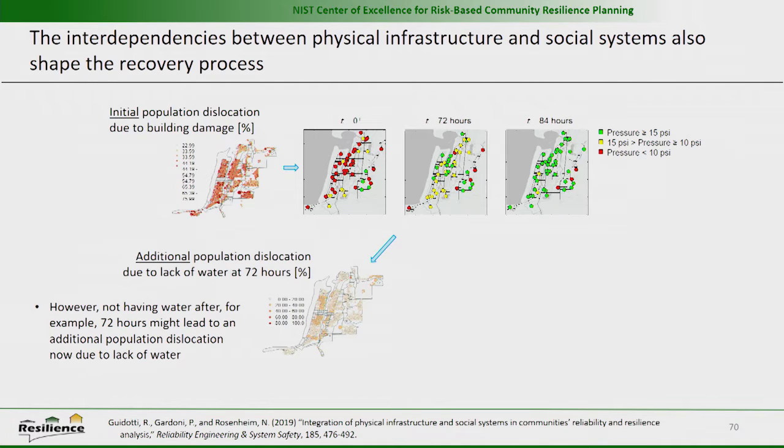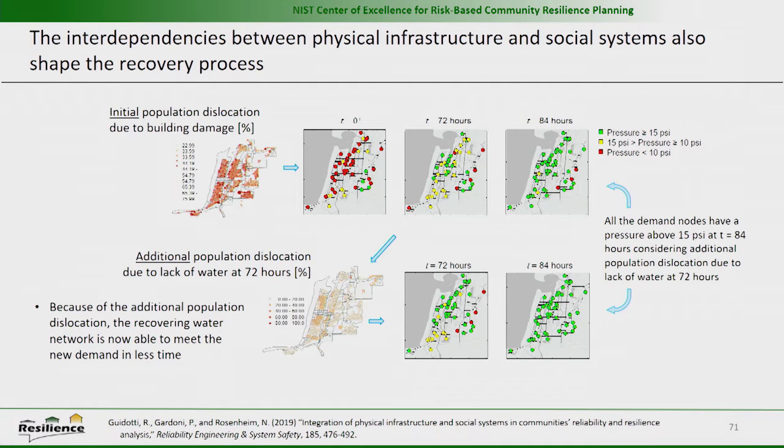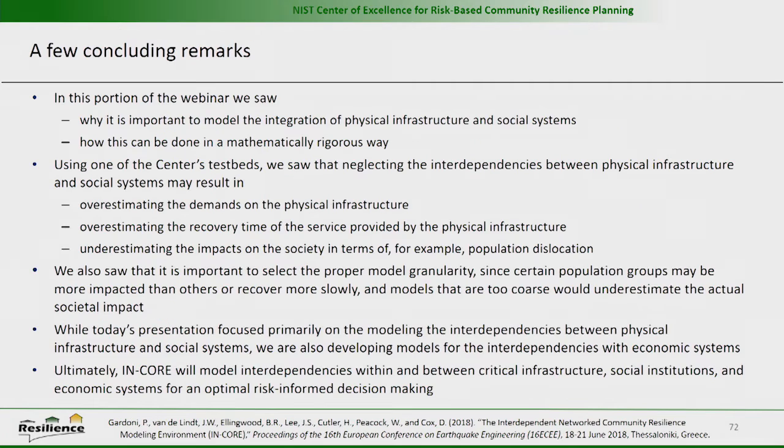However, not having water after, for example, 72 hours might lead to an additional population dislocation, now due to lack of water. Because of the additional population dislocation, the recovering water network is now able to meet the new demand in less time. So in this portion of the webinar, we saw why it is important to model the integration of physical